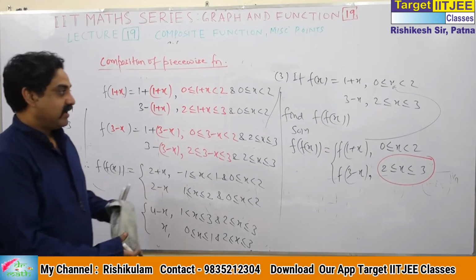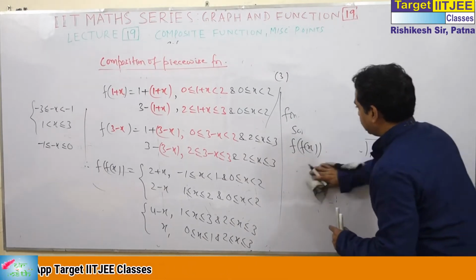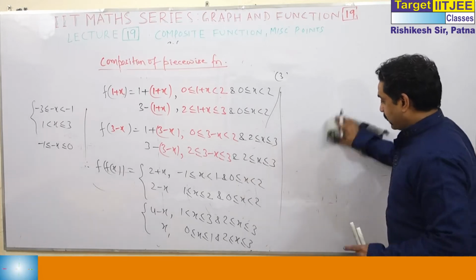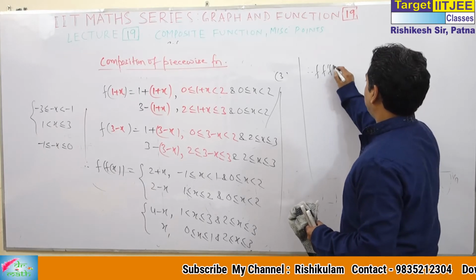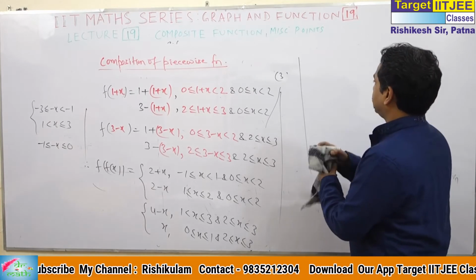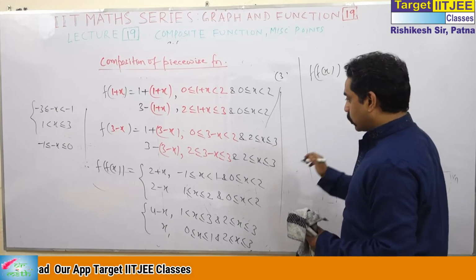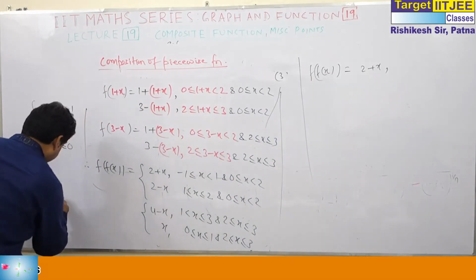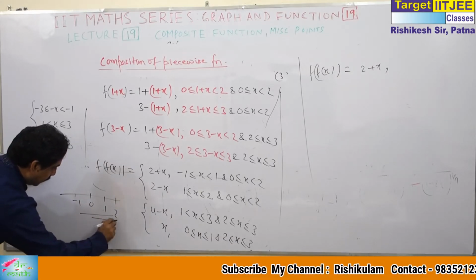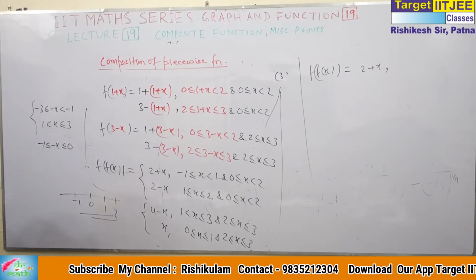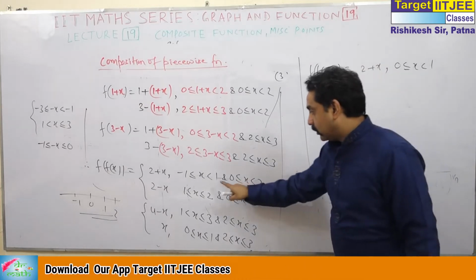So this is important. What is the final domain? Let me justify. I hope this is the easiest way. So this is our final f of f(x). This is actually 2 plus x. What is common among the two? You can see between minus 1 and 1 and between 0 and 2. Common is actually 0 to 1. We can take 0, but we cannot take 1 because of the open interval.